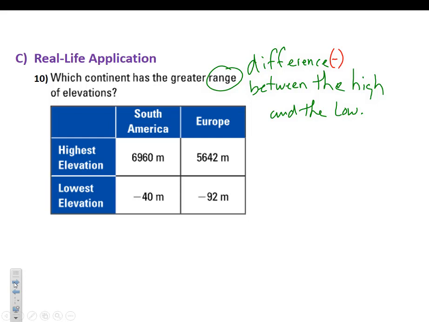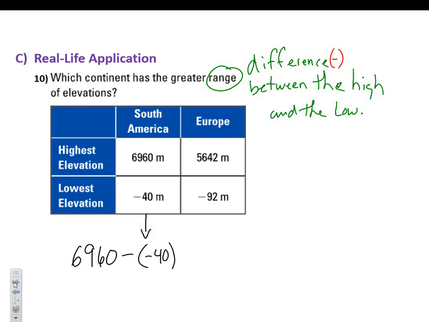And in this particular case, we are going to use the high number and subtract the low number. It makes no sense that a range would be negative. You cannot have a negative range. Range is always going to be positive. Okay? Range is always going to be positive. So we take the high minus the low. So in this particular case, I'm going to start with South America. And I'm going to say 6,960. Since we're finding the difference because it's the range, we're going to subtract, and we're going to subtract that negative